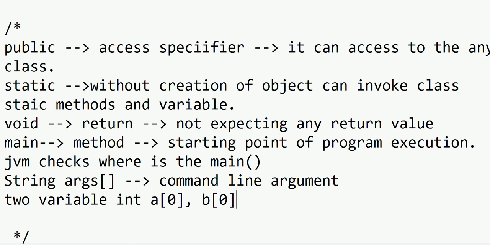Fine, two variables you have taken here. Now, compilation of this program is mandatory: javac filename, example.java. If it is successfully compiled and you do not get any errors,